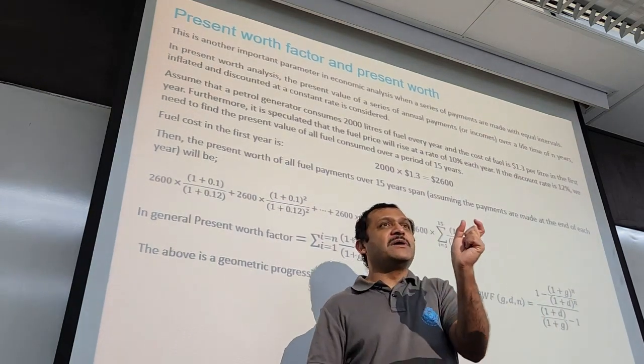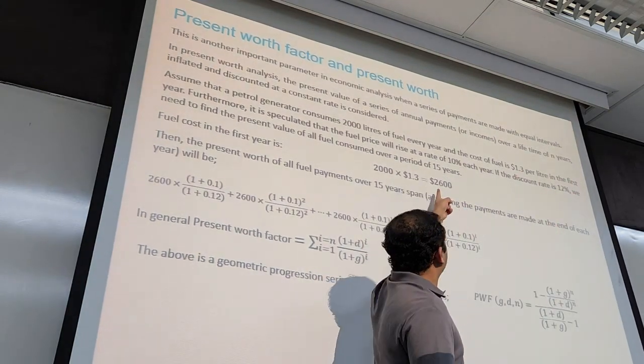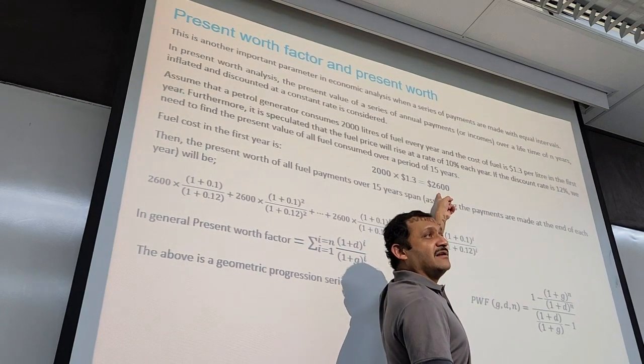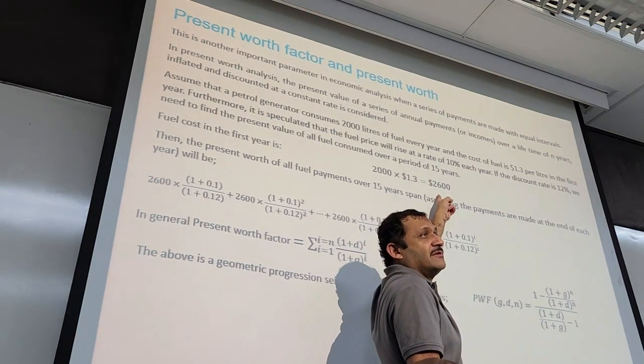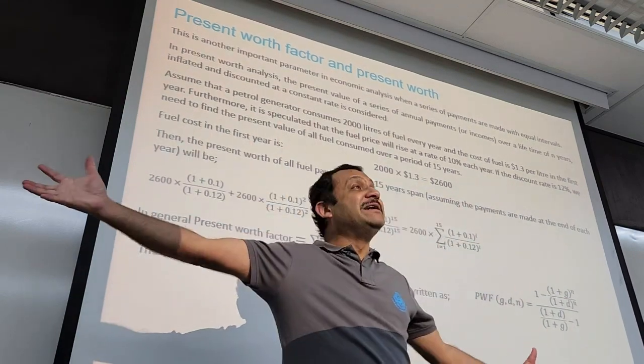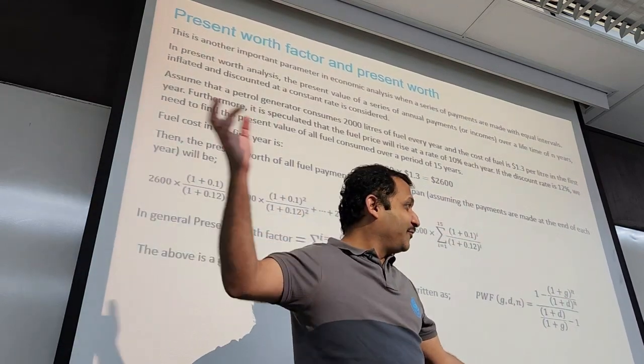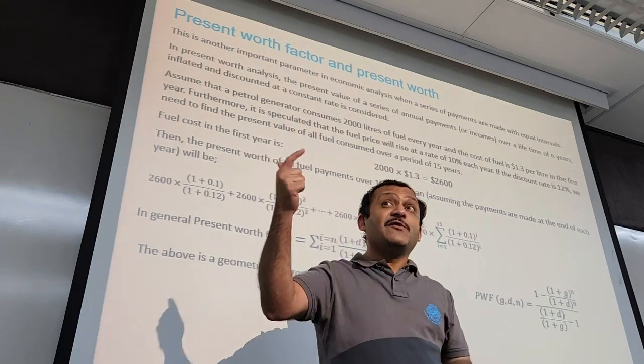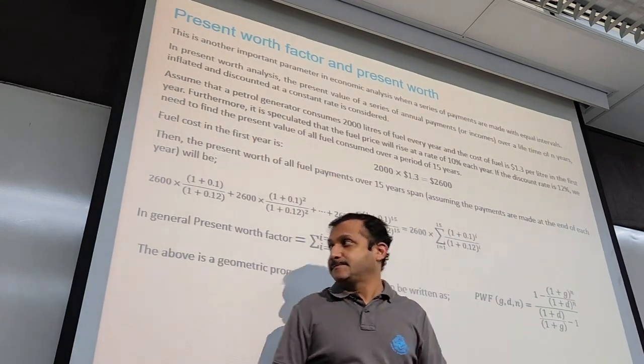Once you get that number, you just multiply it with the present value for the first year. What you will get is the present value for the entire 15 years. Now, another way of using this is